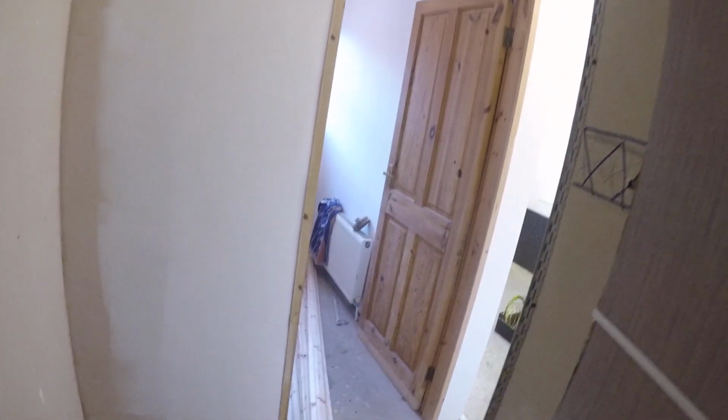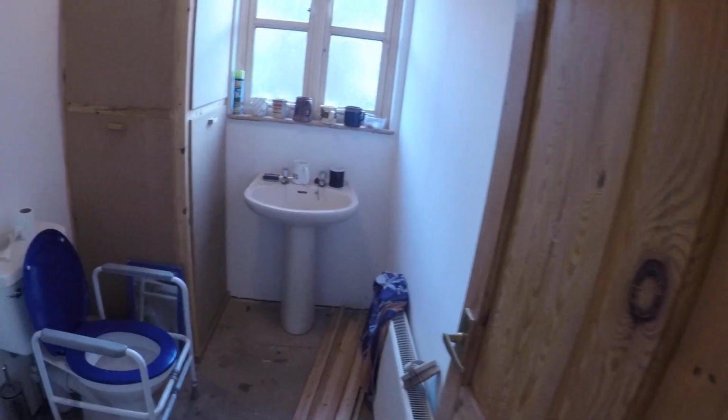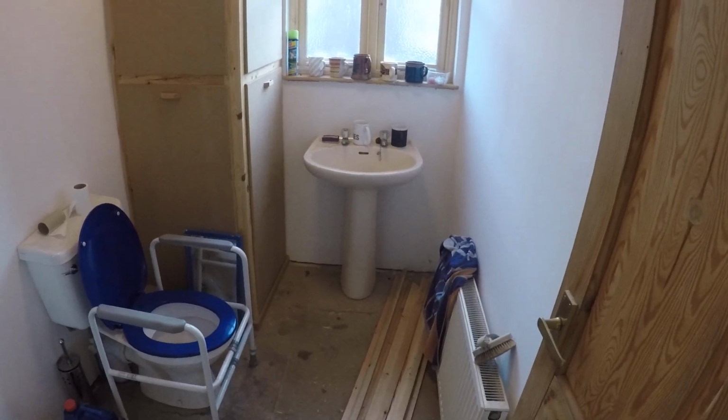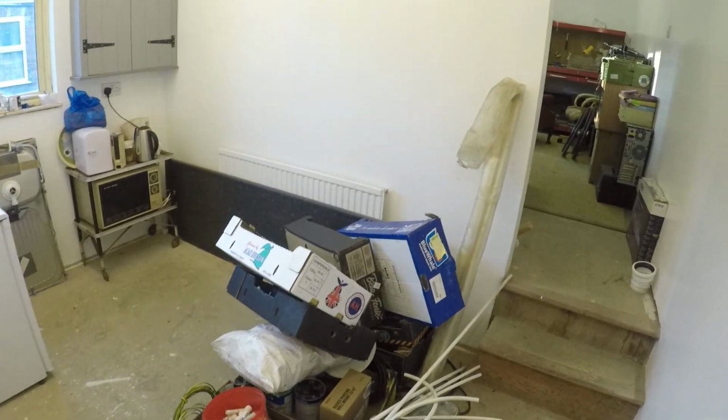Moving on here, note the skirting board on the floor which has just arrived, which means I can now crack on and put all the skirting boards on. Here we have the main bathroom. This is going to have a shower, this shower, in this corner. The hot water system is in there, which you've seen on the slideshow, and the wash hand basin. Then moving on into here,